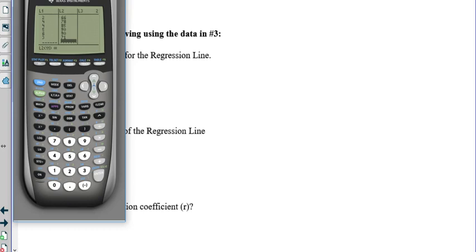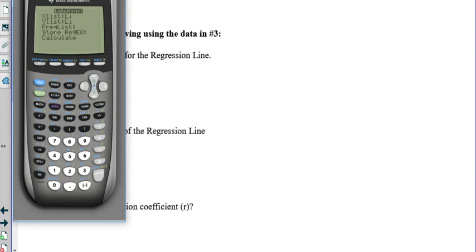Everything should be lined up. You should have 10 X's and 10 Y's. If not, double check. And you should double check your entries anyway, just to make sure before we start calculating that everything matches up. So real quickly, go through and scan your 10 entries and make sure you get your numbers right. Okay, so we're just going to go Stat, Calculate, 8.